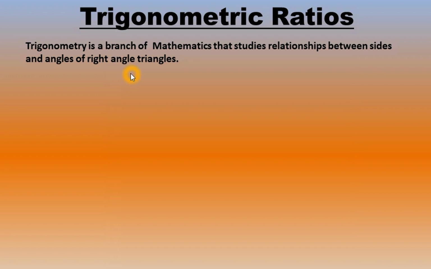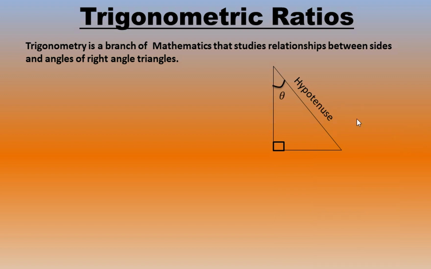First we can take one right angle triangle. What is meant by right angle triangle? In this triangle, if one angle is 90 degrees, then that type of triangle is called a right angle triangle. I took here one right angle triangle. The side opposite to 90 degrees, that is the longest side, that side is called hypotenuse.